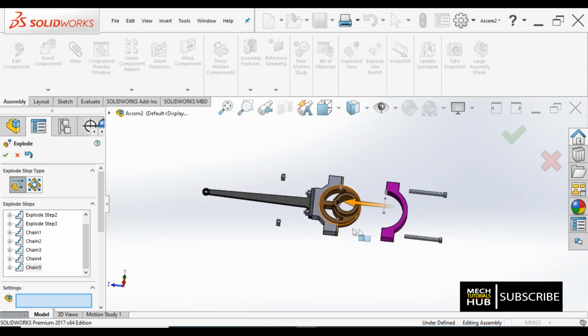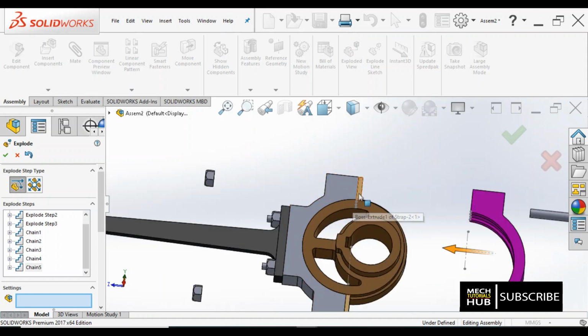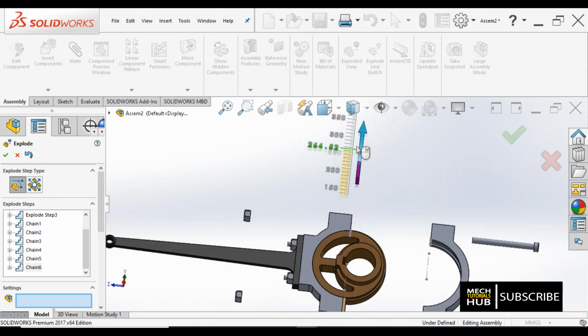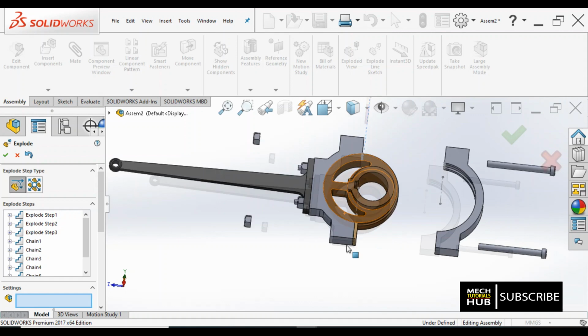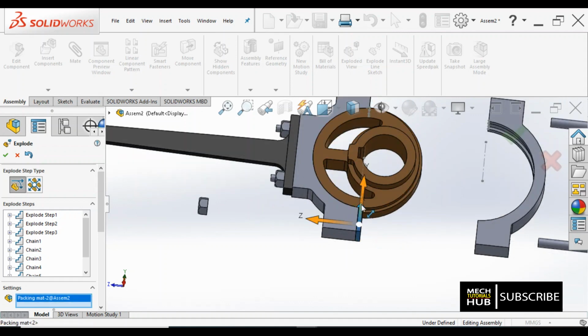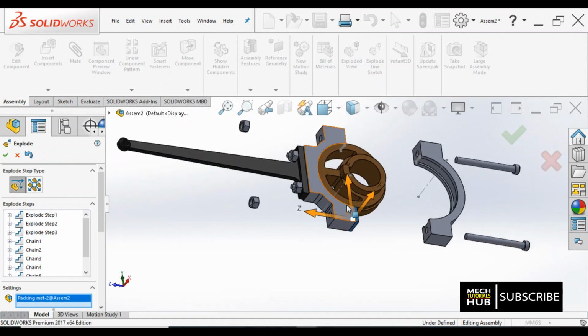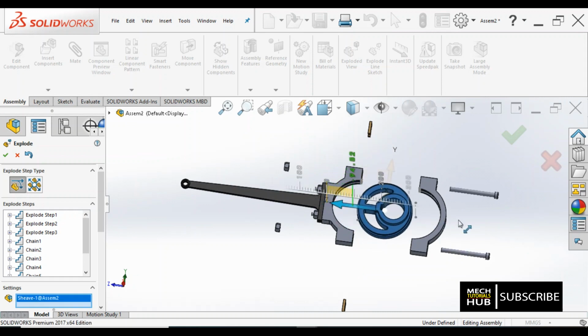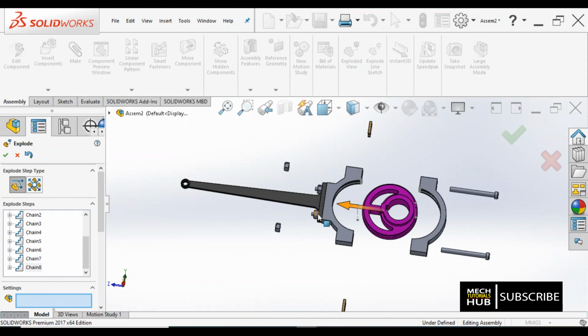Now I would like to remove this particular packing material first, move it out. Similarly this packing material. Then the sheave, I can remove now without any disturbance.